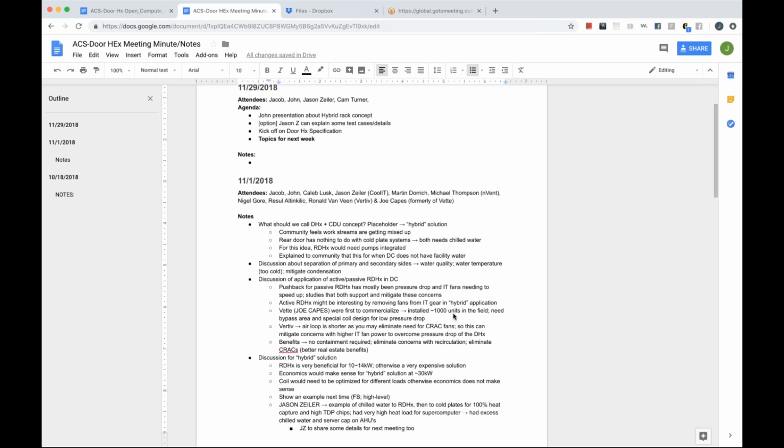Right. So, I think the thing that took me a while to understand is that in your hybrid, you're actually cooling the water rather than cooling the air as the air passes through the rear door. It took a little while to get my arms around that, but now I got it. Okay. So, let me share